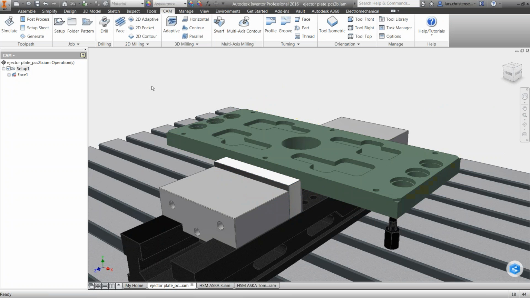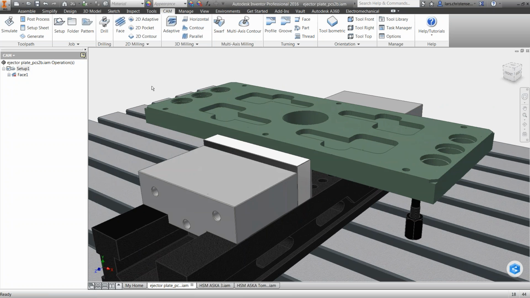So I hope that this is really helpful, just seeing the step through, you know, you create your setup where we selected where we're going to pick up the part, and then really just stepping through how to create different portions. Now, all the things that I've shown up to this point is all in the free HSM Express, Inventor HSM Express